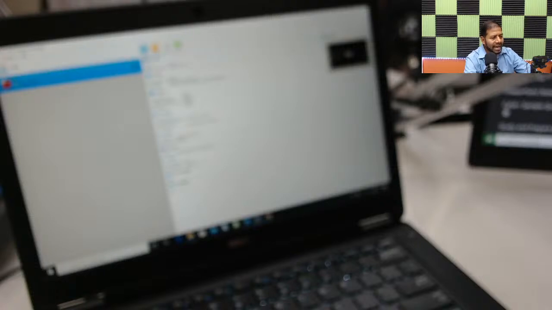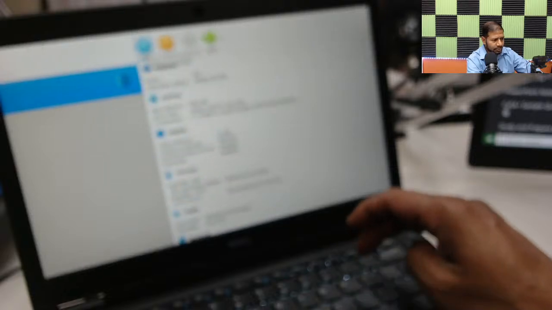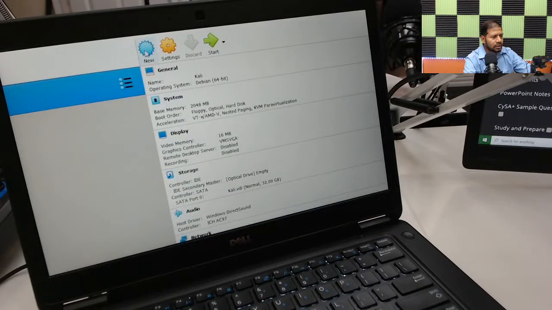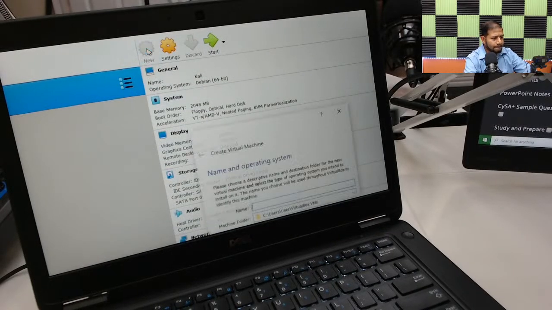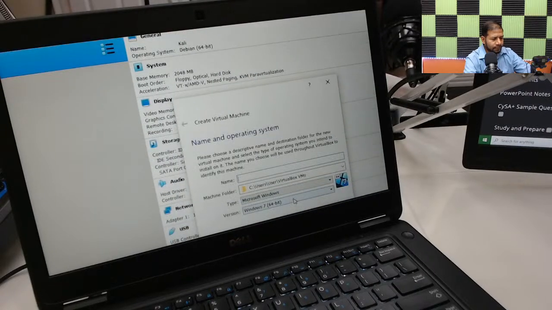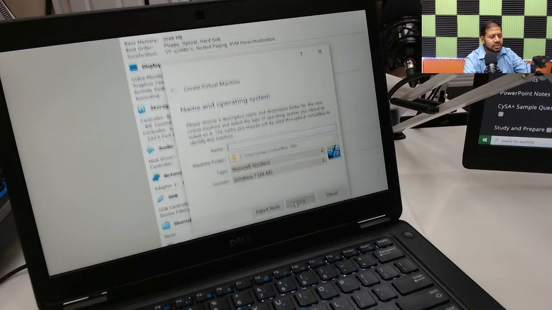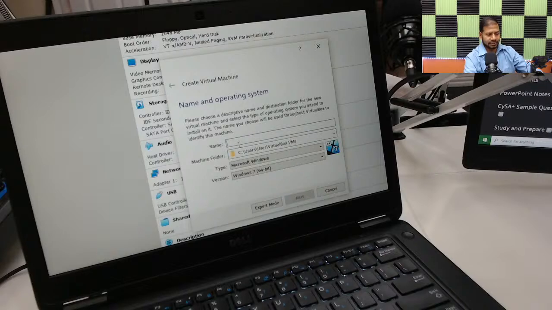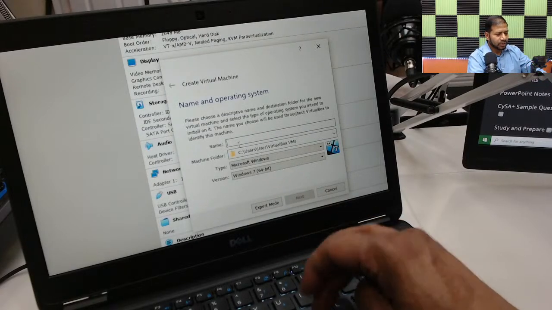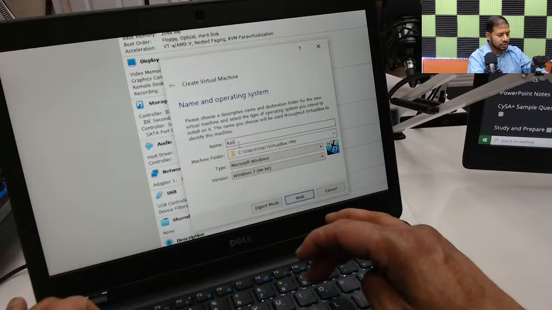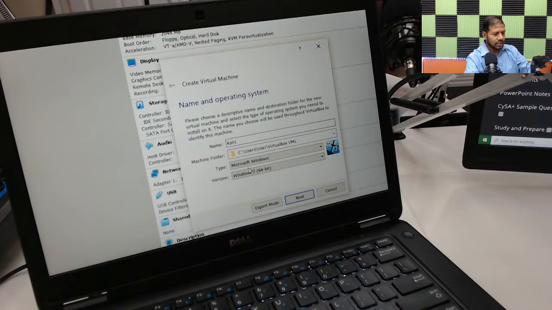So you are going to add a new operating system. You're going to click on New right here. So let me zoom in again to help you see better. Okay, click on New. What is the name of the operating system? I want you to name it Kali. In this case I'm going to type Kali 1, because I already installed one, and then